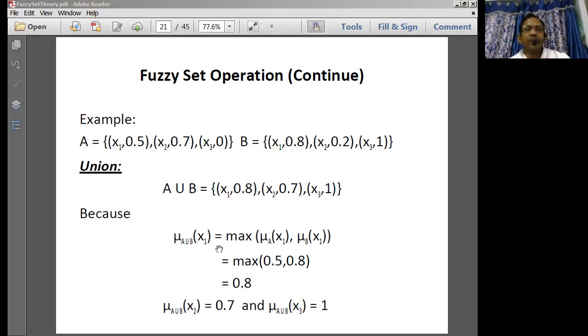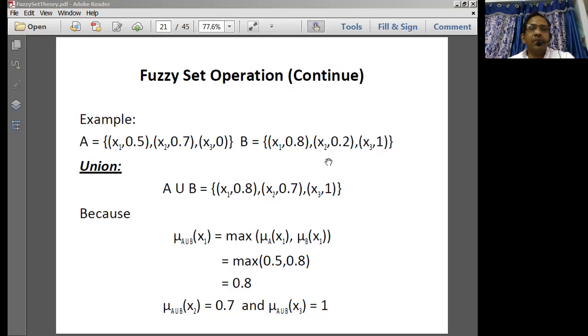So mu of x1 for A union B we can write as max of mu A of x1 and mu B of x1, and I can simply say it as max of 0.5 and 0.8. So here the maximum value, that means in x1, if you see carefully, this is nothing but A union B. Now we are looking only at x1. Among set A and set B x1 values, which is maximum?